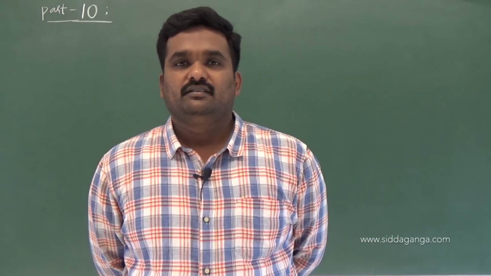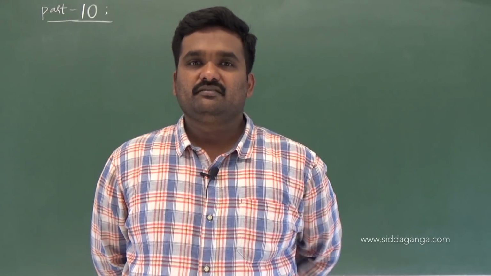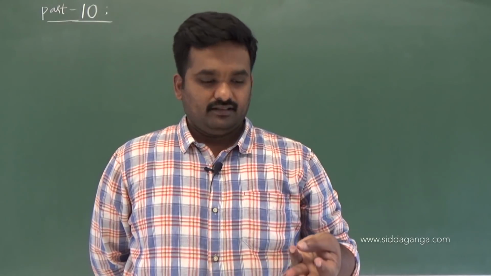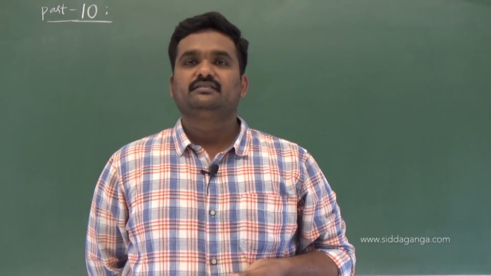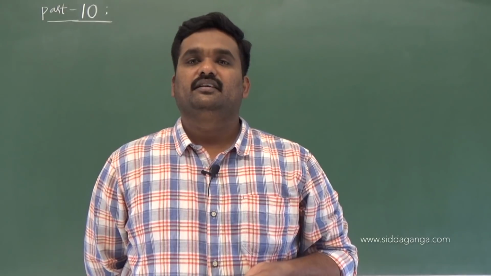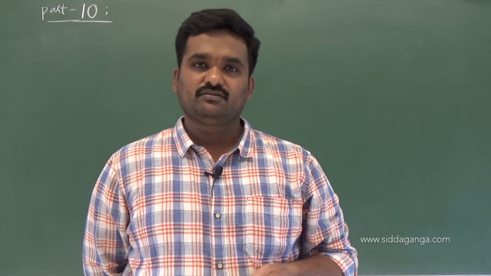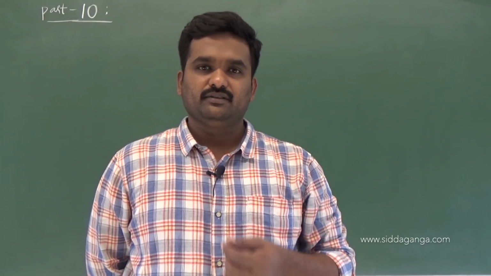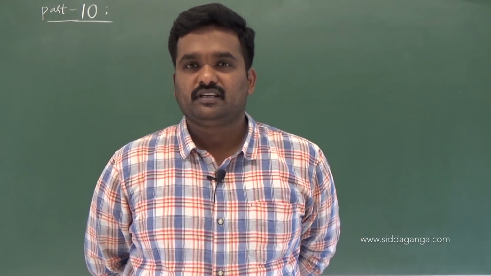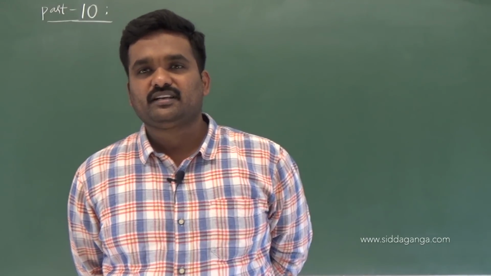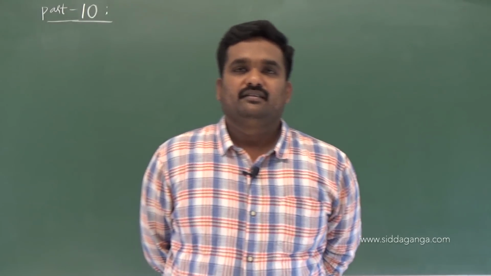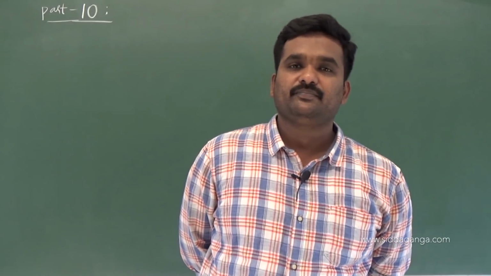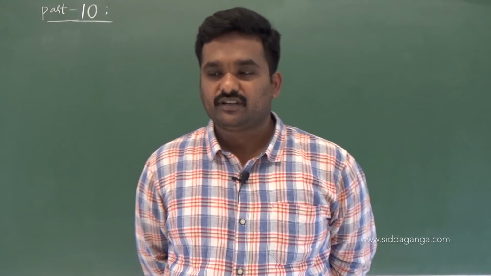What are the equations we have written? v equals u minus gt, s equals ut minus half gt square, and one more equation, v square equals u square minus 2gs. And s nth equals u minus g into (n minus 1 by 2). They are all the equations to study vertical motion or a vertically projected body. Somewhere we stopped while writing the equations for the motion parameters of a vertically projected body.